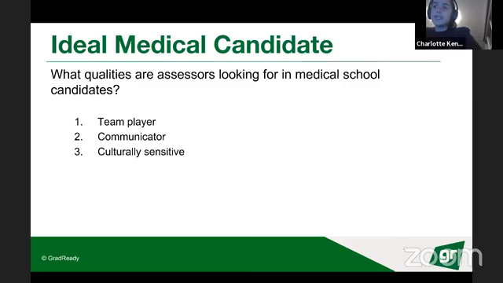The next thing is to be culturally sensitive. This is really, really important for medicine in general and also just in life. Australia is incredibly multicultural. And if you have the fortune of working somewhere like Westmead, you're going to see people from a variety of different cultures from all around the world. A lot of these people are generally new migrants to the country. And sometimes it is difficult if there are language barriers or cultural barriers. But your duty as a doctor is to be able to overcome these and still provide these people with the best possible care. So that's really important to remember, and you should try to emulate that as much as possible in your interview.